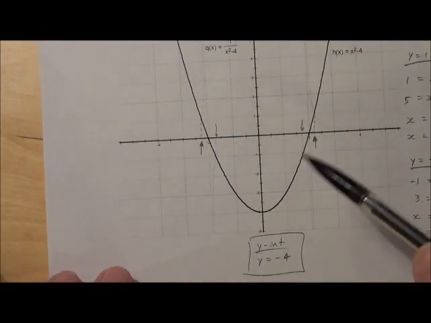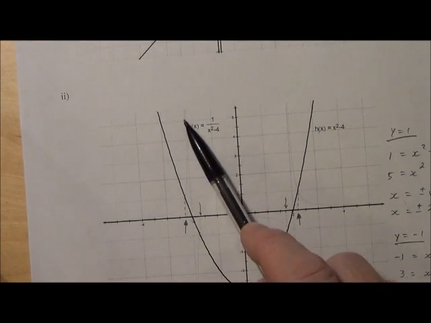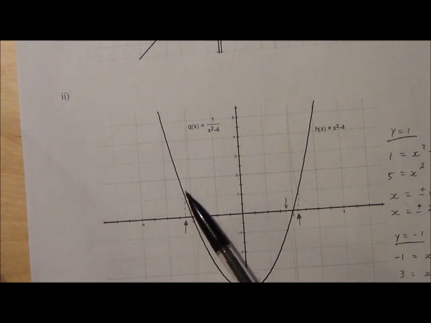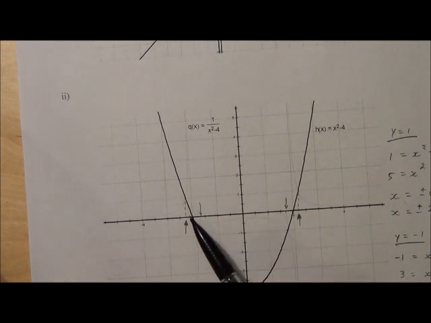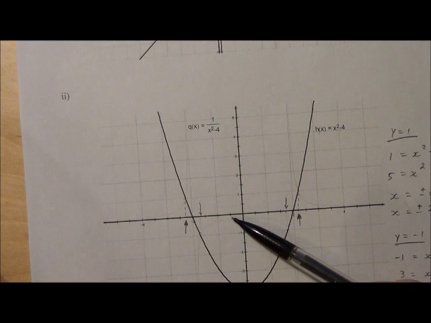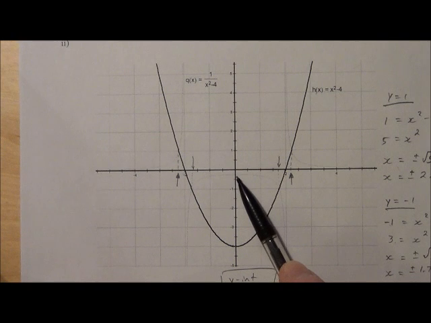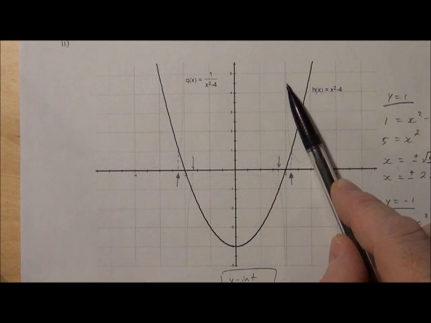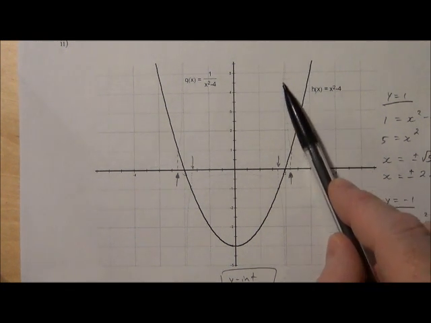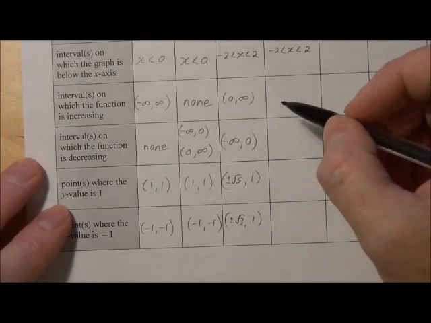Looking at where the graph is increasing, well, as we go from left to right, the graph here is increasing from negative infinity to negative 2, and it's increasing from negative 2 up to 0. Those are the x values, of course, and the x values where the graph is decreasing are from 0 to 2, and it's decreasing as you go from left to right on the intervals of the x values from 2 to positive infinity. So the graph is increasing